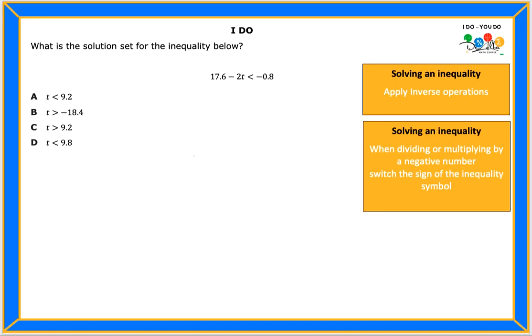Hello students. Okay, we're going to read this question. What is the solution set for the inequality below? And okay, I'm going to rewrite my inequality in here, and it reads